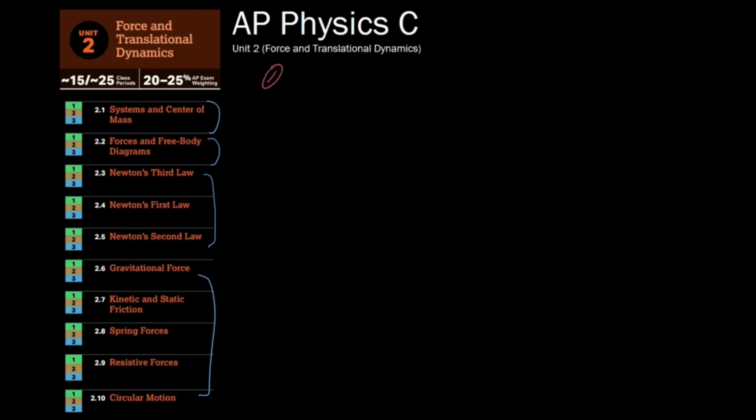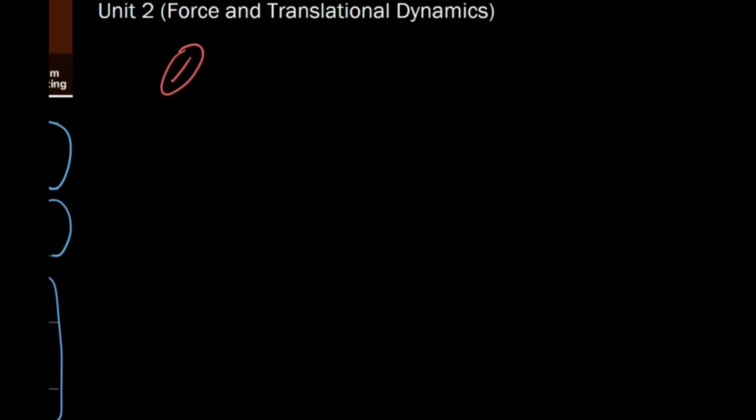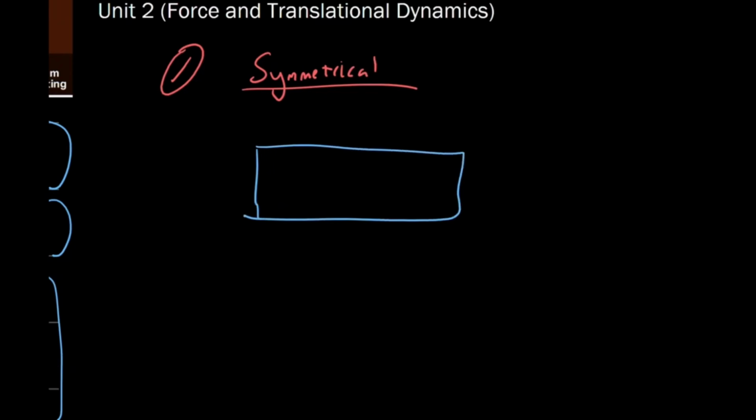And there are 3 scenarios that we need to understand for this unit. Firstly, if we have a symmetrical mass distribution, it's very easy to determine center of mass. Let's say I just have a box, a 2-dimensional box. Our COM is going to lie on